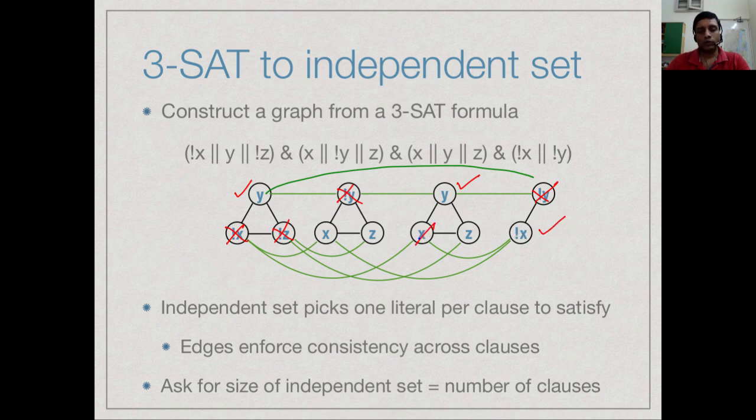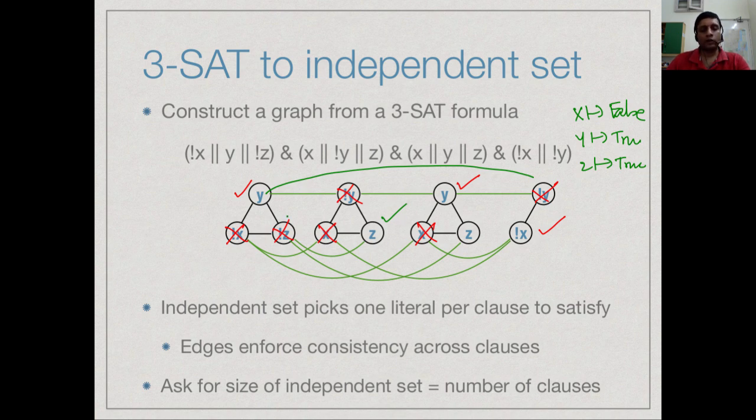This not x will rule out this x, will rule out this x, and will force me to keep this z. Okay. And now if I have an independent set of size 4, then I'm done. So I can say that the solution I now want is that x goes to false, y goes to true, and z goes to true. Right? So the existence of an independent set on this particular thing of size 4, which picks out one per